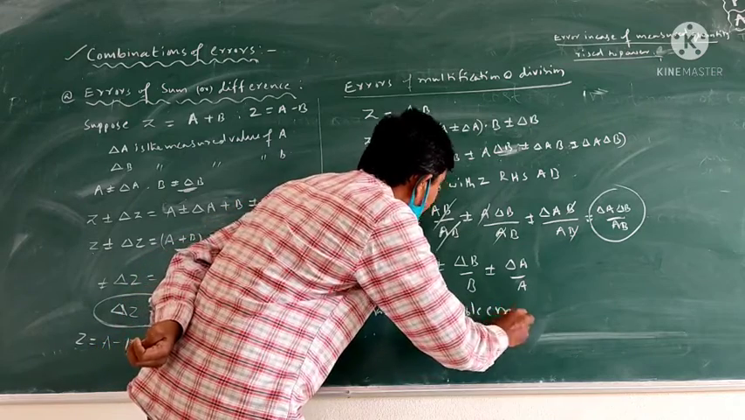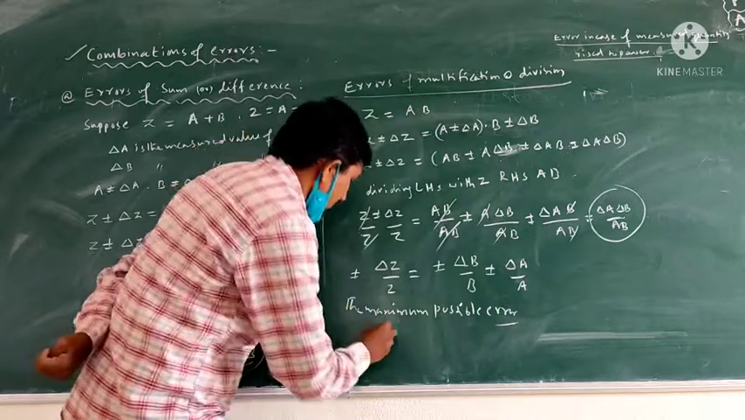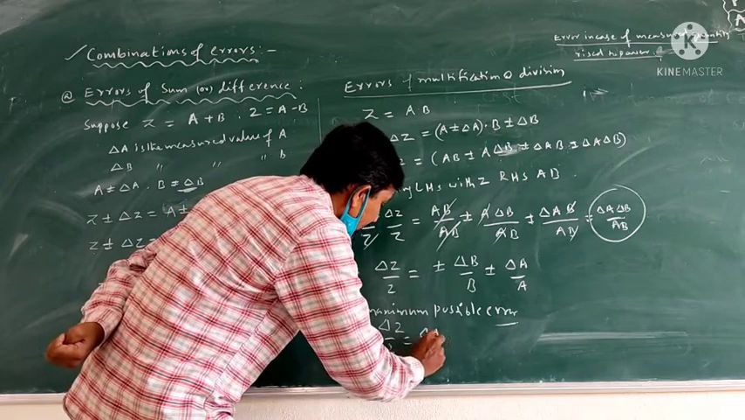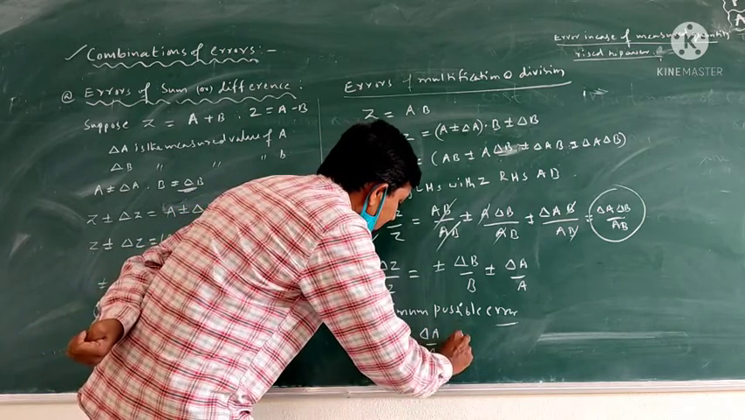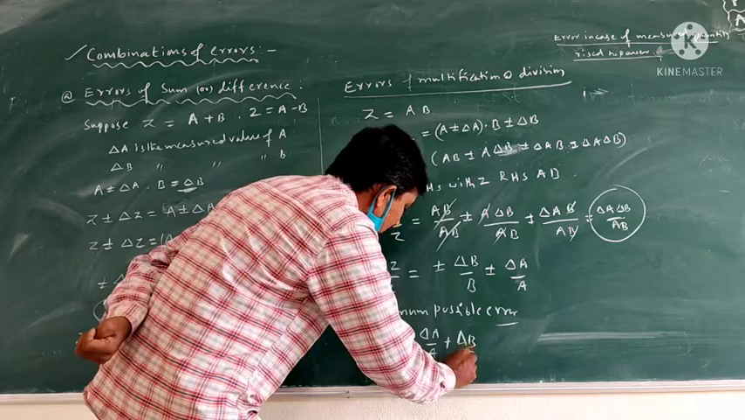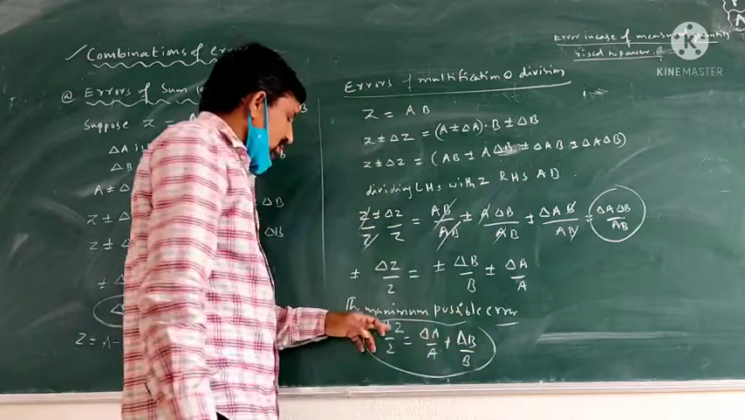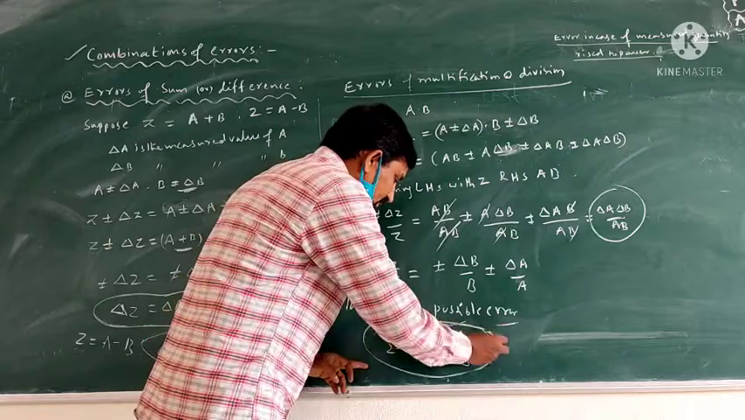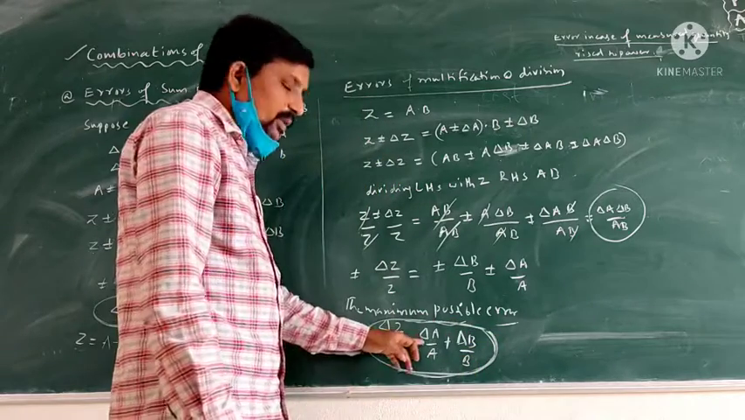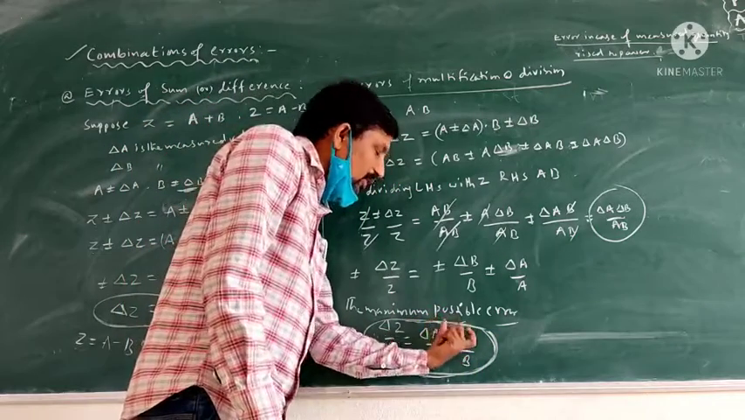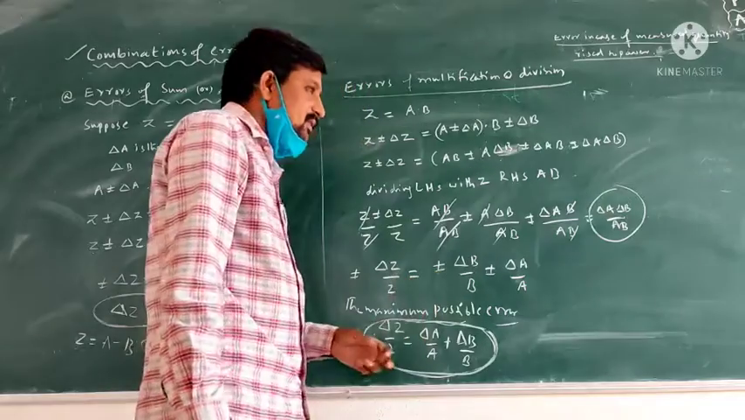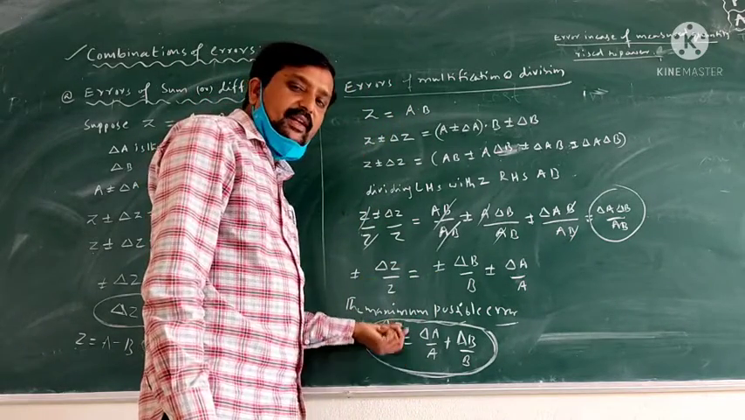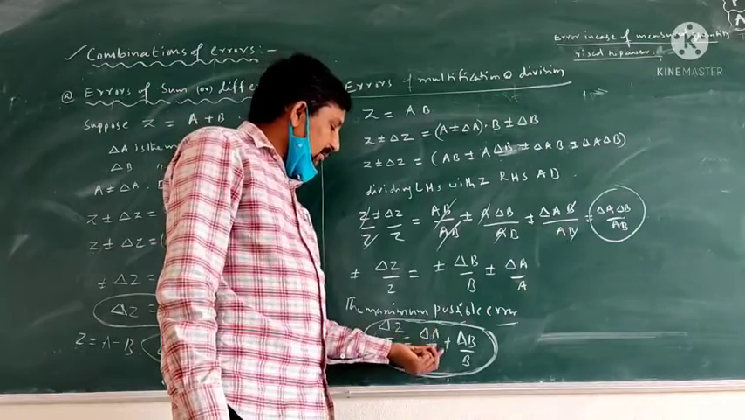in the case of multiplication, delta z by z is equal to delta a by a plus delta b by b. So this is called a relative error. The resultant relative error should be equal to the sum of individual relative errors. So in the case of multiplication, the maximum possible error is delta z by z equal to delta a by a plus